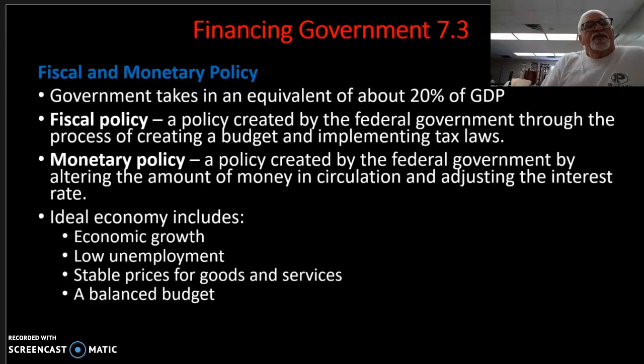Fiscal and monetary policies. There are two policies. Fiscal deals with money: the federal government, through the process of creating a budget and implementing tax laws. Monetary policy is created by the federal government, but it's regulated